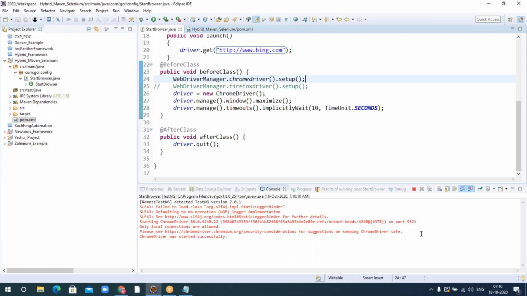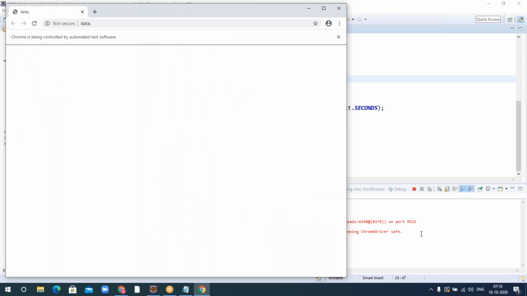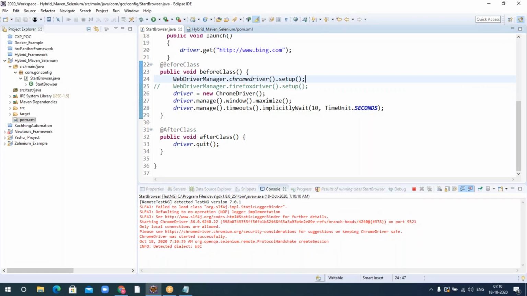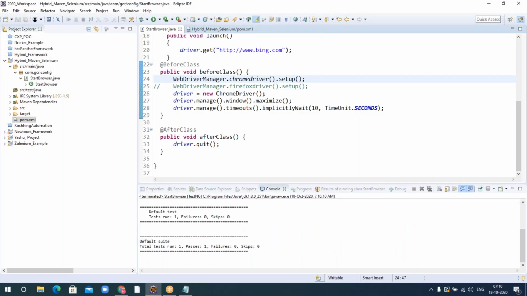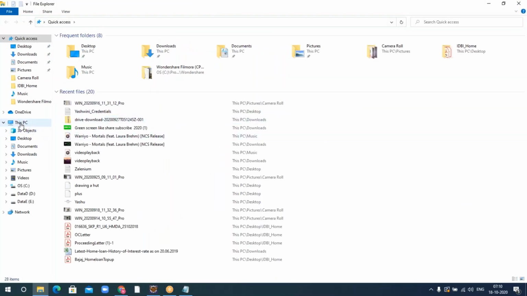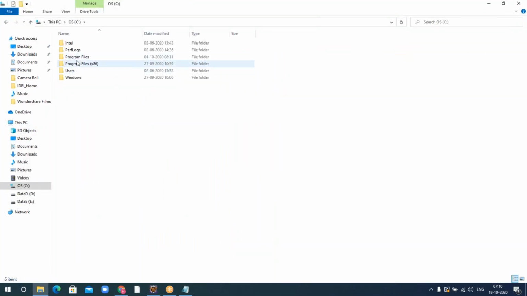So you can see that ChromeDriver was started successfully. It's launching the browser and navigating to that page. See, without using the chromedriver.exe and everything, we are able to do it. I can show you where it is downloading. It is again in the .m2 folder, where all my dependencies are. There we'll have this one also.